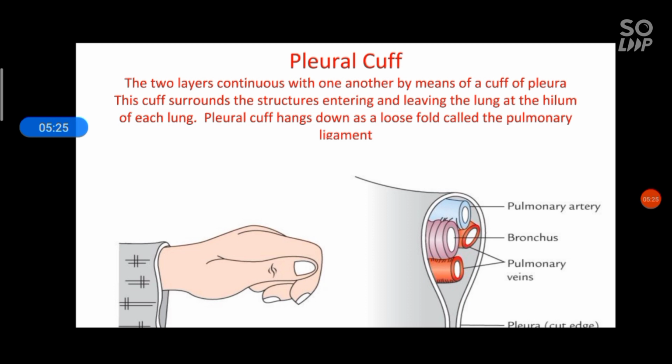This pulmonary ligament extends from the root of the lung as far as the diaphragm, between the lung and mediastinum. This fold is filled with loose areolar tissue. It also contains a few lymphatic nodes. The pulmonary ligament provides dead space by which the pulmonary vein can expand during increased venous return. It allows descent of the root of the lung.